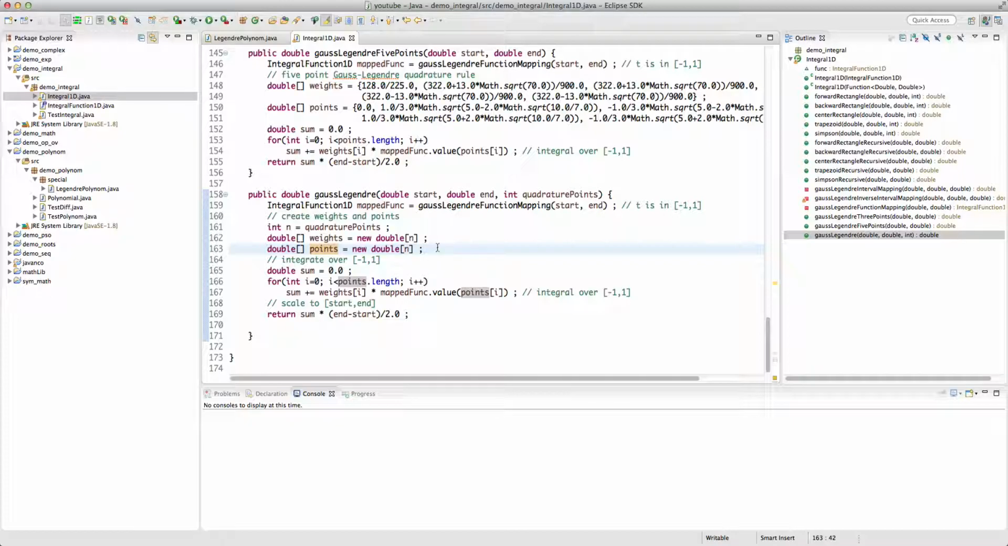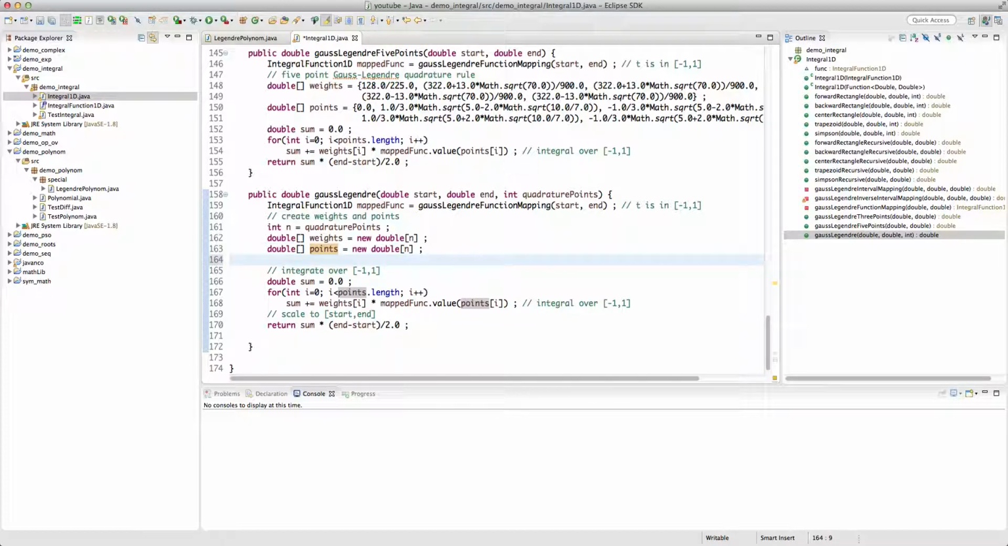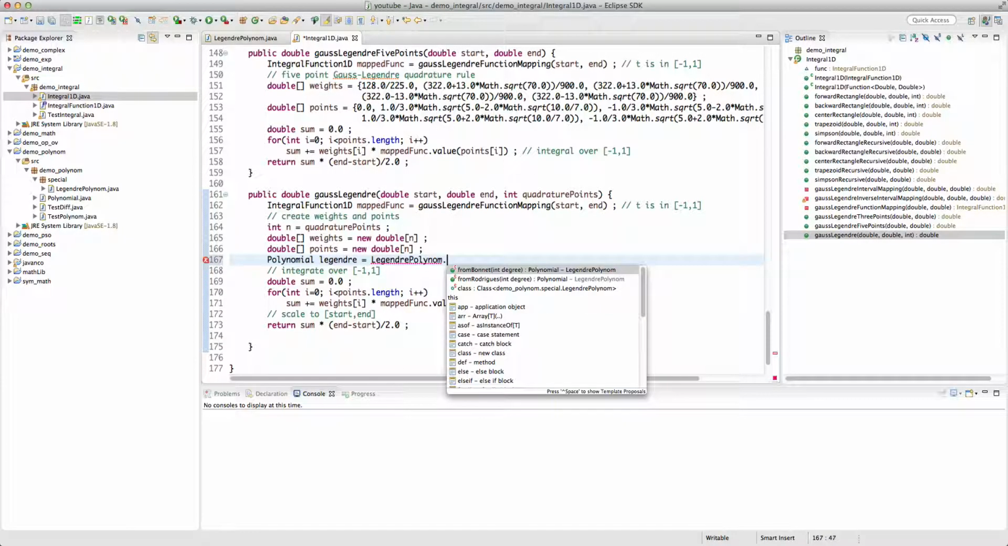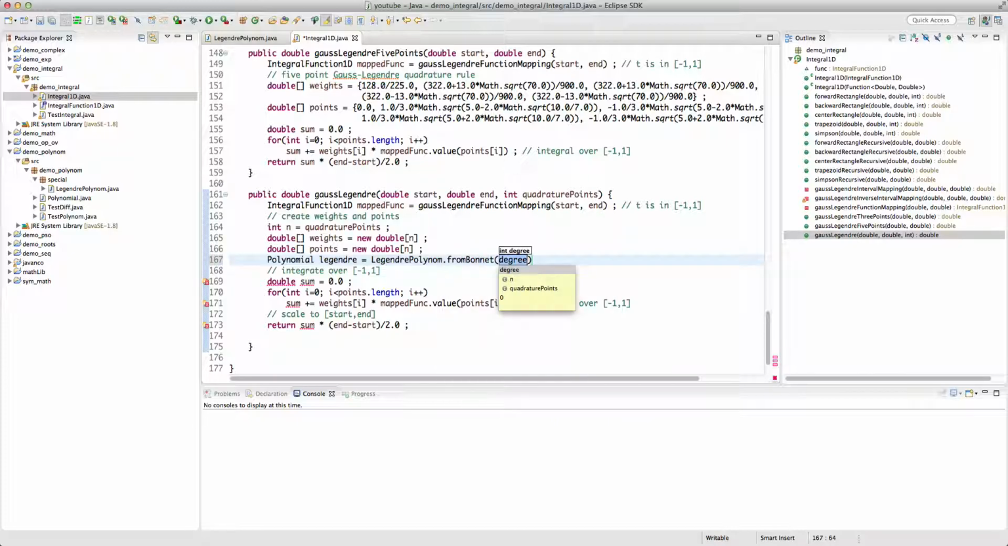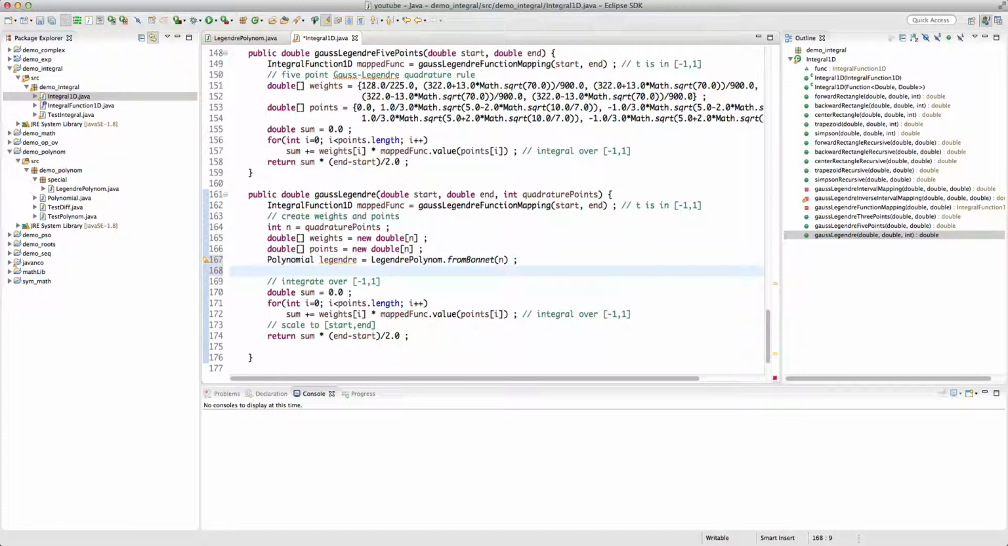Now we need to create the weights. So we said that the Legendre polynomial, so we're going to create the Legendre polynomial. Polynomial Legendre equals the Legendre polynomial. Let's use the Bonnet, which was recursive, and then we are going to use n, which is the quadrature points. All right, and then here we're going to get the roots,